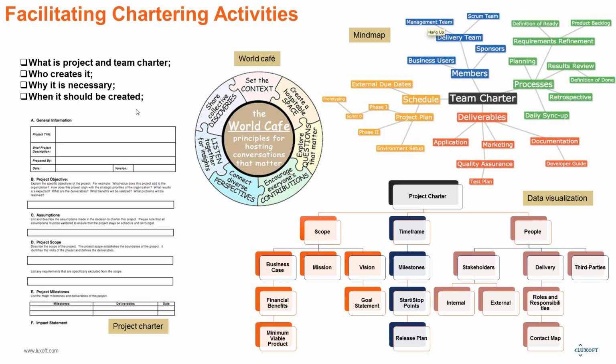We also had a view at the official project charter document, how it should look as a document, and you can also provide it as a chart in order to visualize the information in a better way. So the project charter should look this way if you are using it officially on the project, but for creation you can use this format as a chart to visualize the information in a better way for participants.